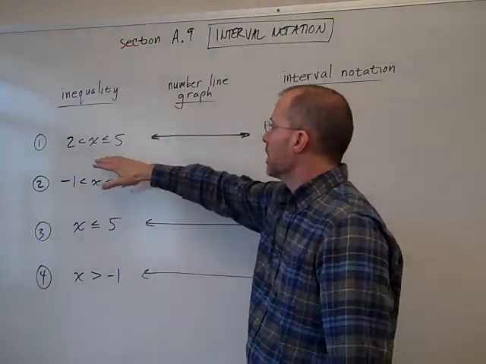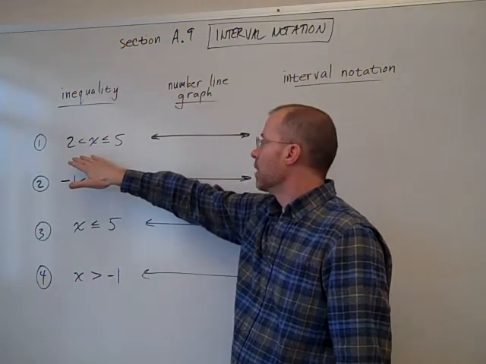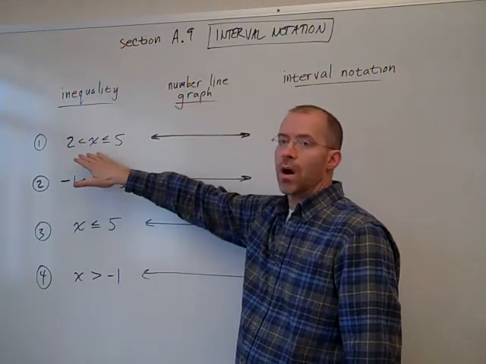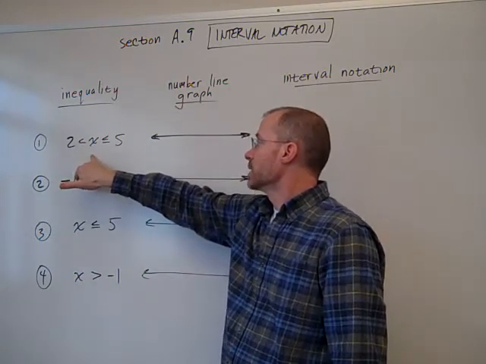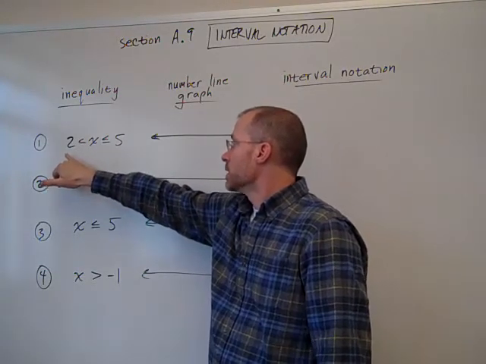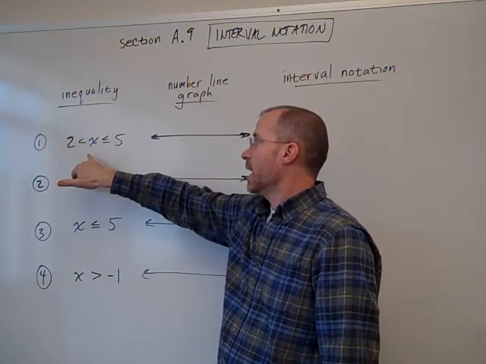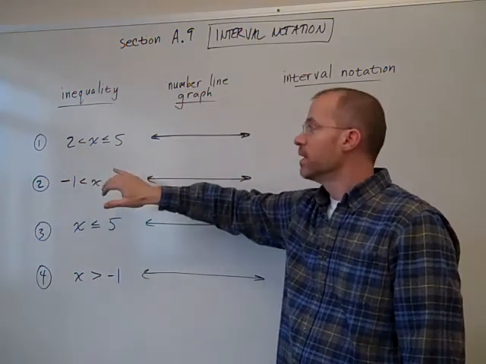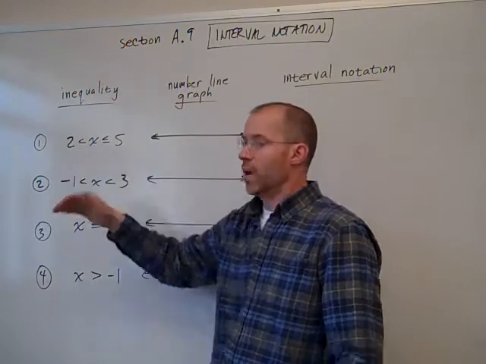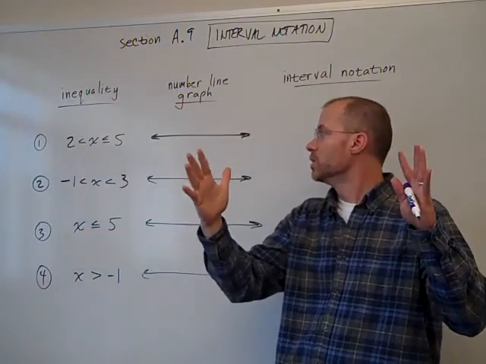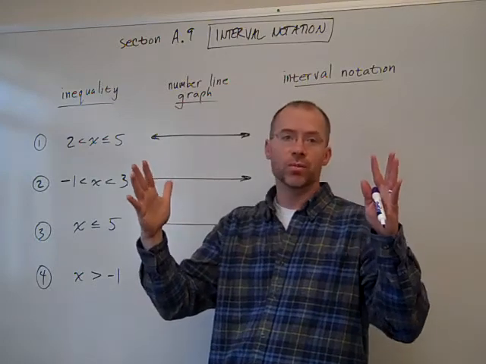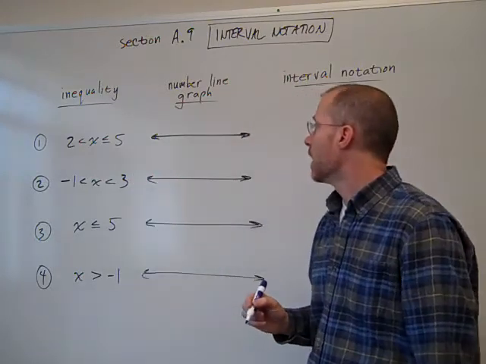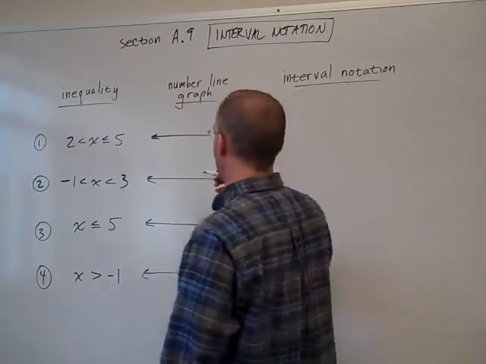For instance, if you have a solution to maybe a compound inequality that says that all the values you're interested in are the x's, the real numbers, such that 2 is less than x and x is less than or equal to 5. So basically that's an inequality way of saying the number is stuck between 2 and 5, and it's got to be strictly greater than 2, but it could be equal to or less than 5. On a number line, of course,